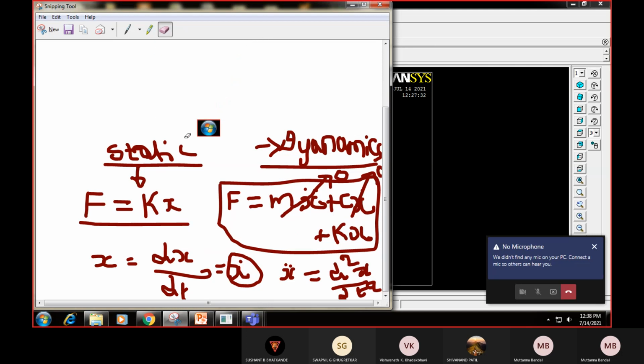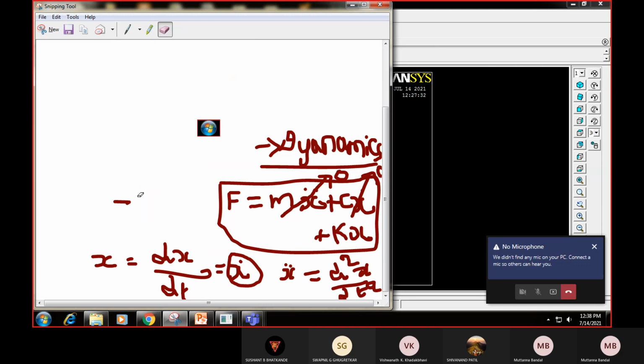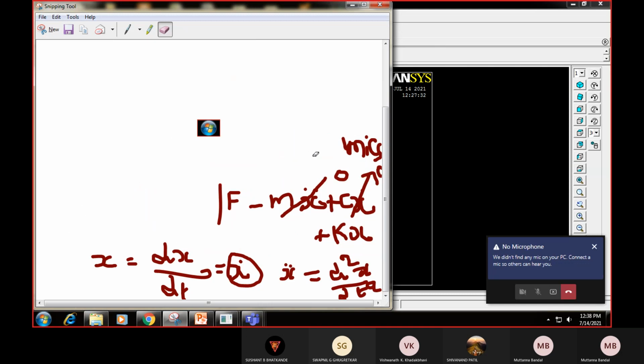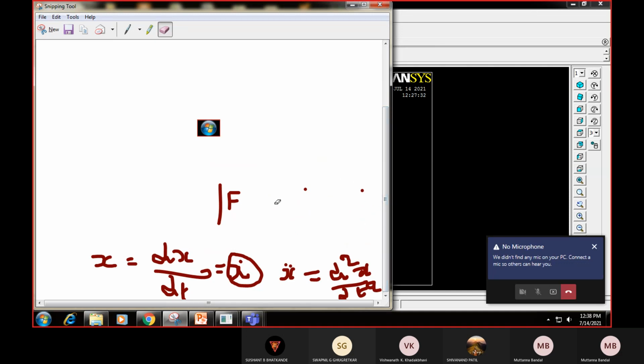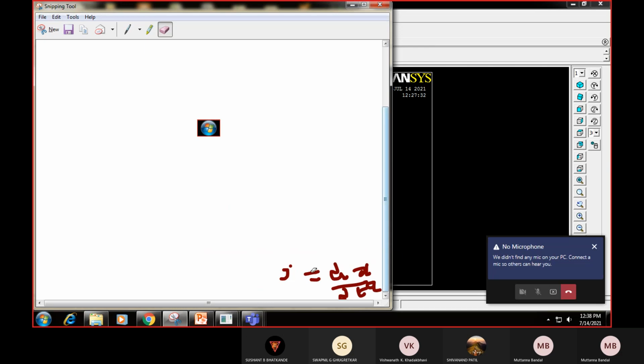And today we will be doing a static analysis, so that is F is equal to K into X as an equation. I'll try to do that with one simple example of considering a bar with a constant cross section area. So let me open that slide.